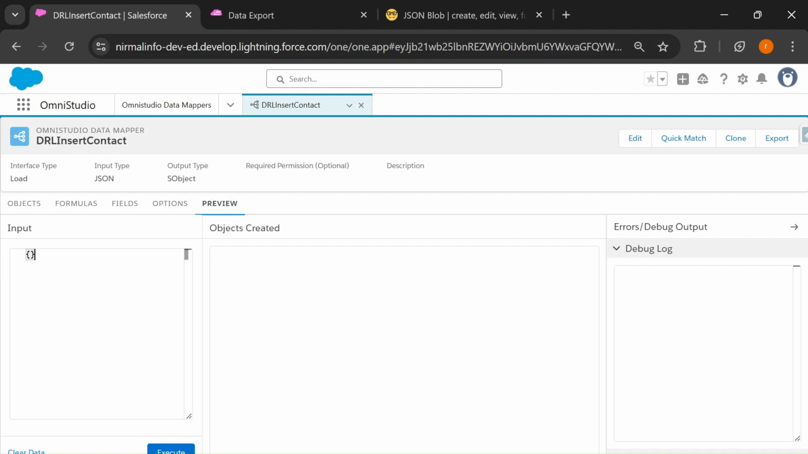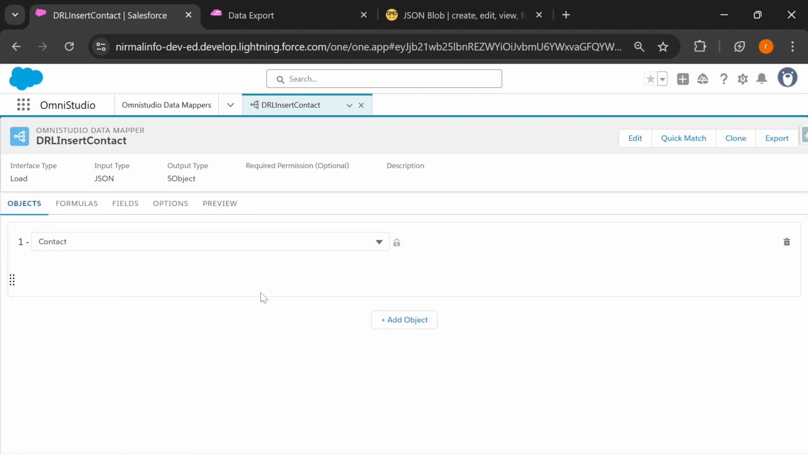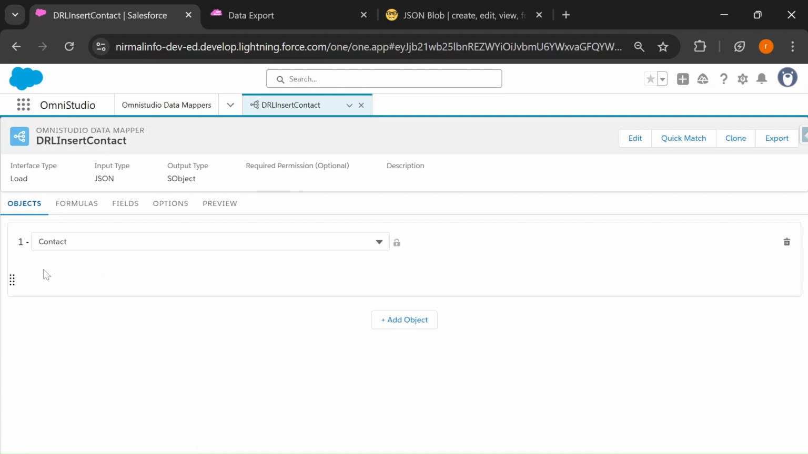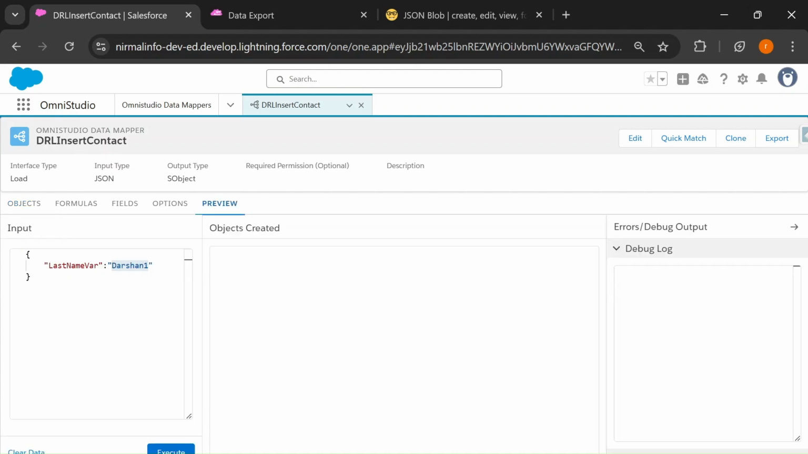In the input section, if you want to create a contact record, what information do I need to pass? This is the required field, last name, that I need to pass. For example, I want to create a contact record with the name Darshan1. Whatever information I am writing here should go to the last name field of the contact object. So I need to perform this mapping. Last name where should be mapped to the last name field of the contact object, and this can be achieved